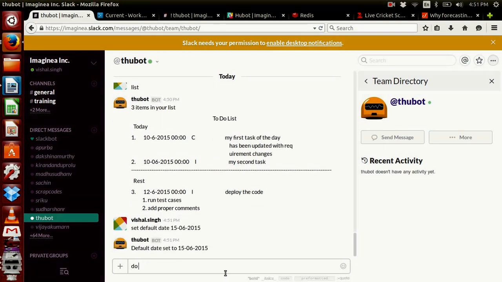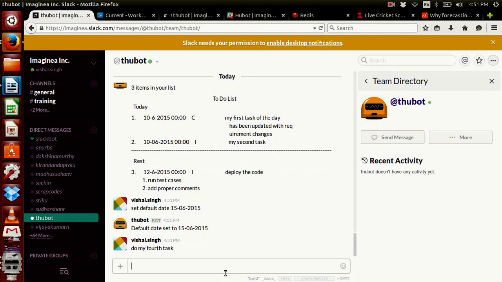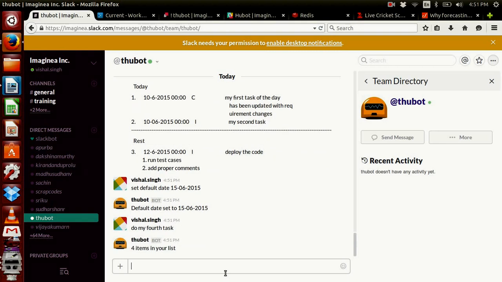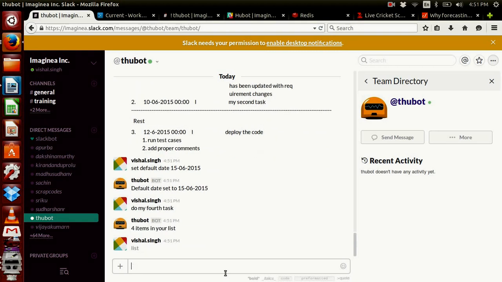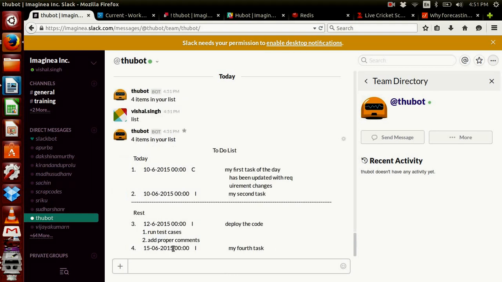Let me add one task. My 4th task. So I added one task, task number 4. Task number 4, default date is 15th of June.